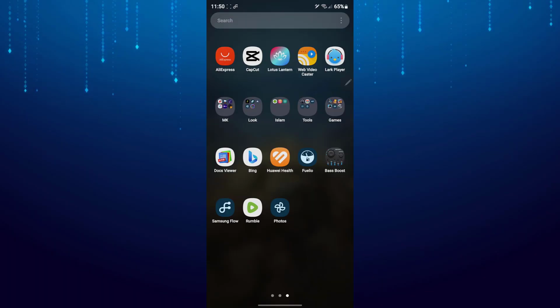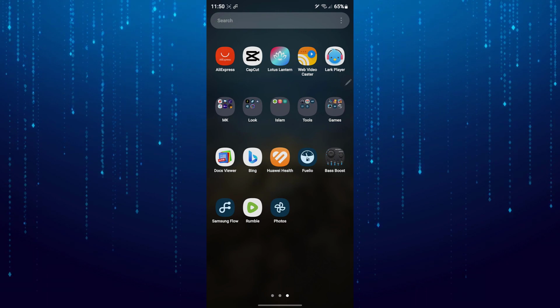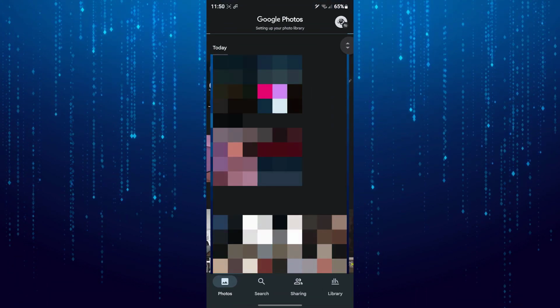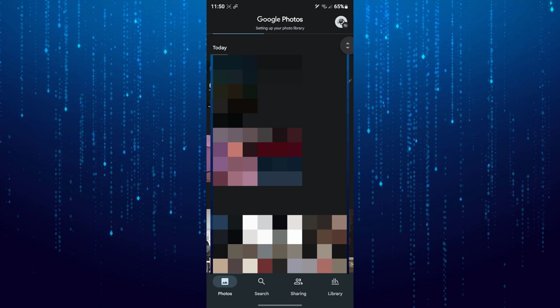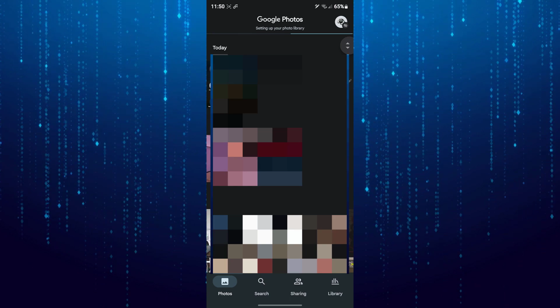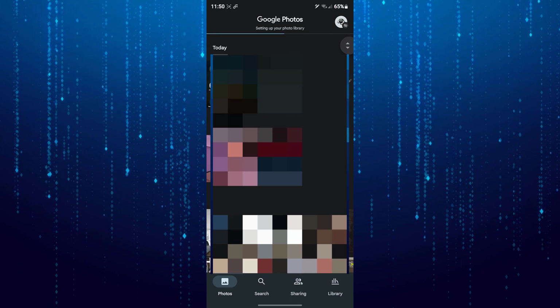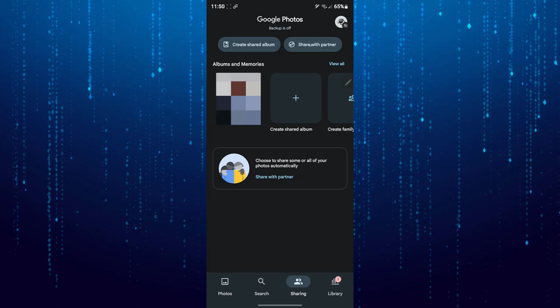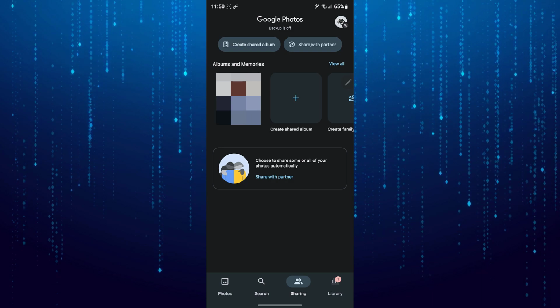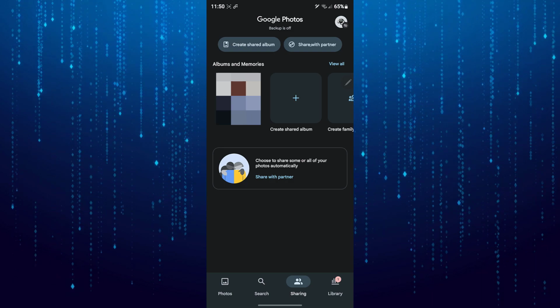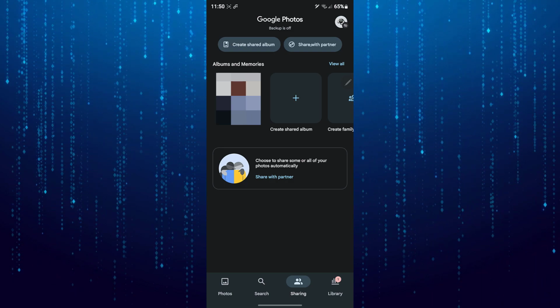In this tutorial I'll show you how to transfer Google Photos to another account. So there is no direct option to transfer all photos directly, but there is a workaround to do it. So firstly, tap on the option which says sharing at the bottom right corner. Now instead of actually transferring all of our Google Photos, we will share all of the photos which we have